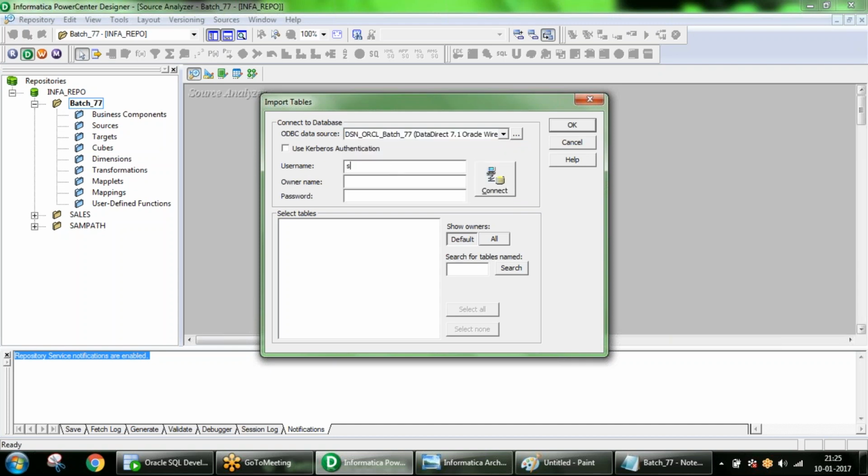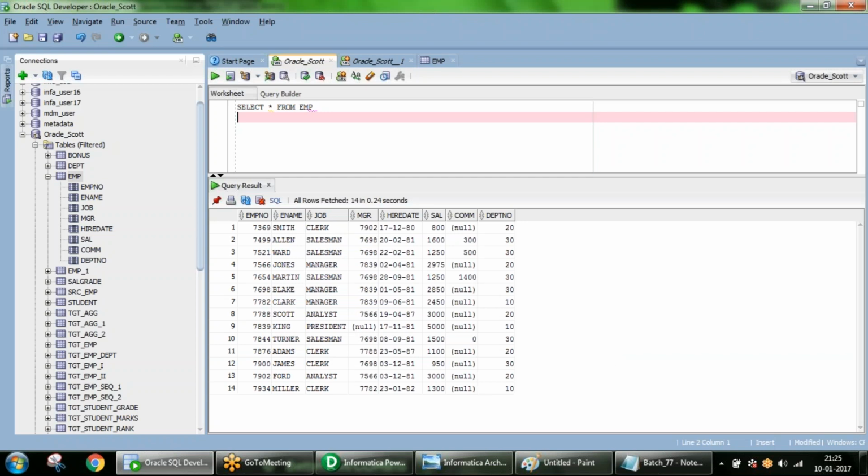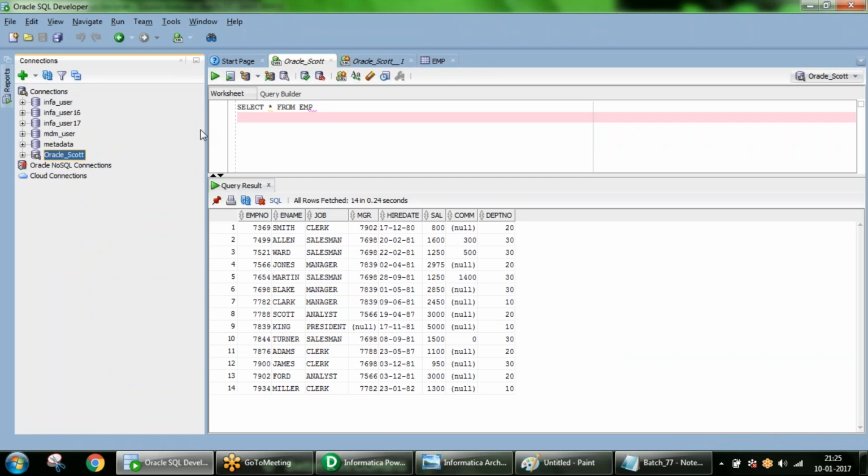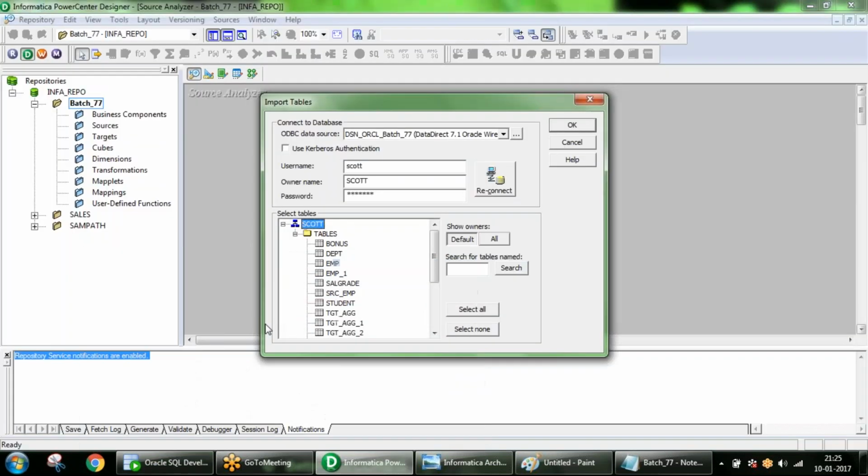Using the DSN, you provide the user ID, then the password, and click connect. Simply from Informatica, you have connected to your Oracle database, and in the Oracle database, we have connected to the Scott tables. The same way you connect directly from third-party developer tools.